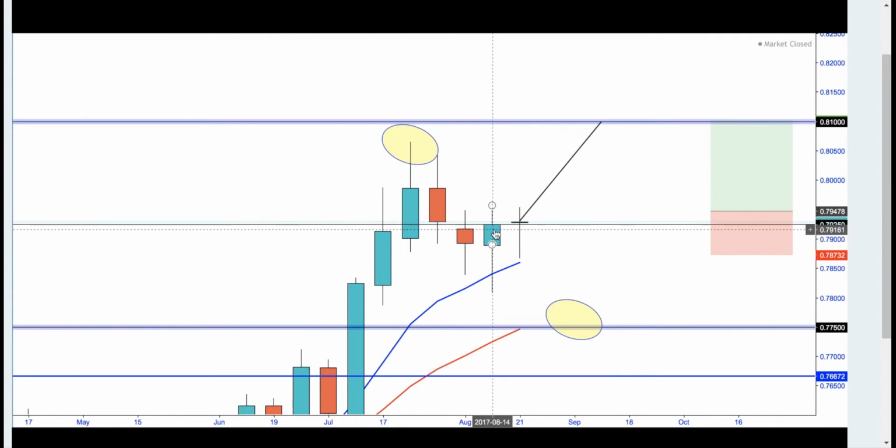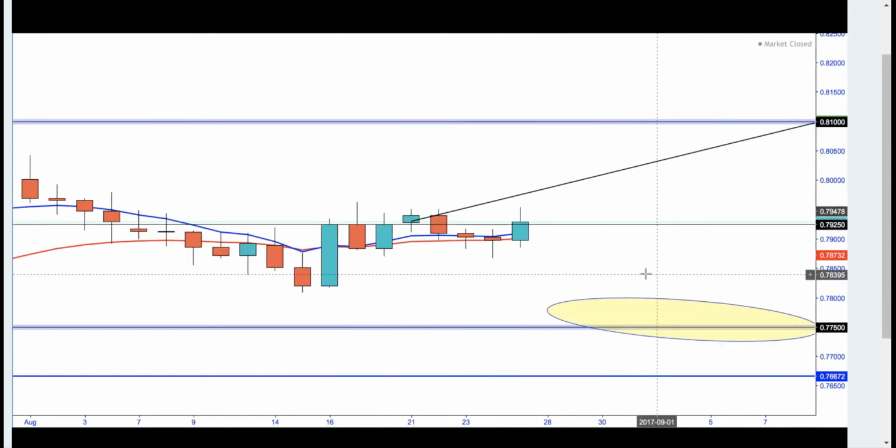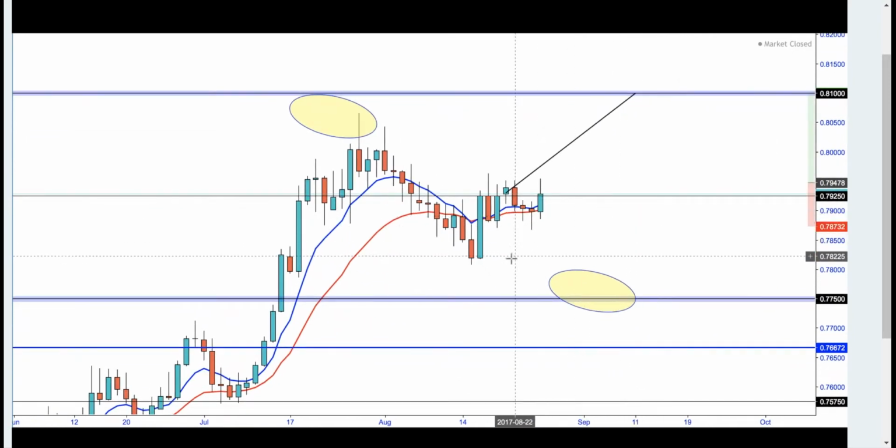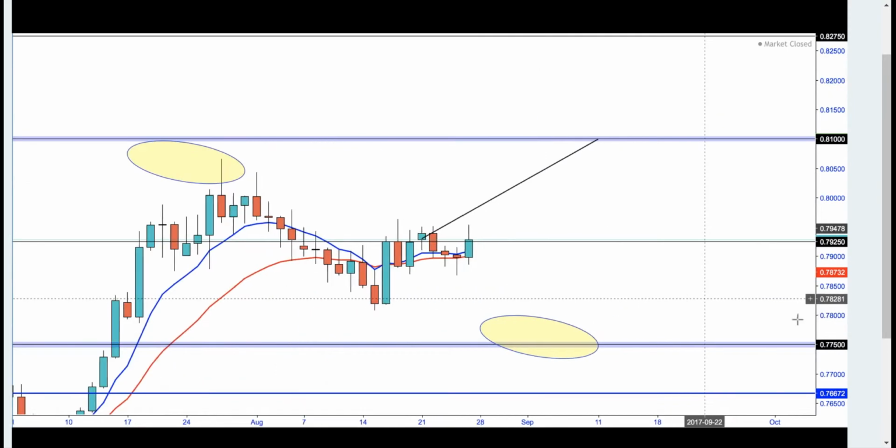at the end of this week, let's say I did the analysis on the Monday, Aussie dollar looking to go higher after spiking through the 80 MA, and we can now maybe go into lower time frames to see where we can find an actual entry. So if I combine that analysis with what I went through on the previous video, and what we're looking for,